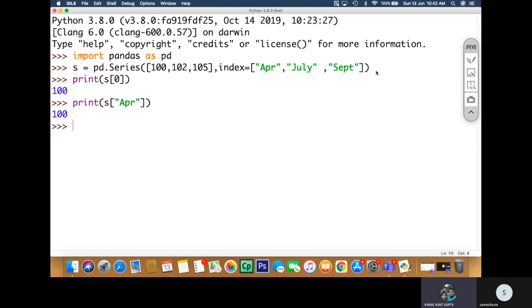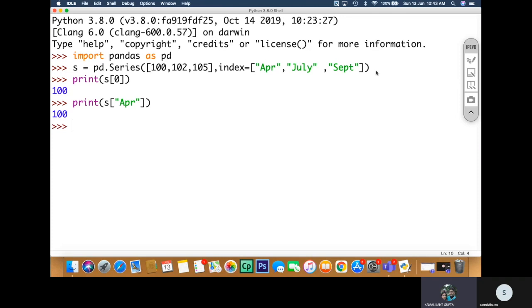For example, can you tell me, can you answer that question? Why is there a need of these two types of indexing? Why not one? Okay, let me tell you the first index, that is the numeric index.